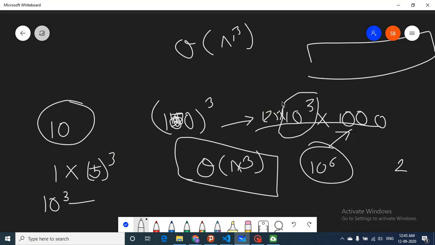Don't think about the time, just think that you can do at most an n cube operation in this question. You can also do n square or n operations, but they have taken such small constraints, so always try to do it in the most brute force way because the constraints are very small. If you see that the constraints are very small, always try to do it in a brute force way. Now come to the next question.